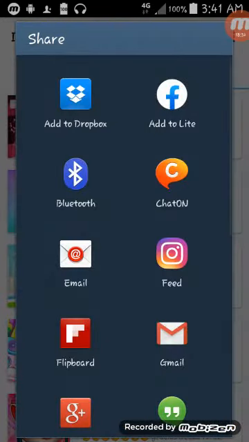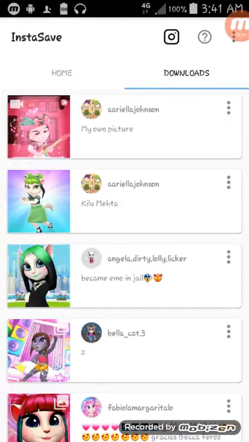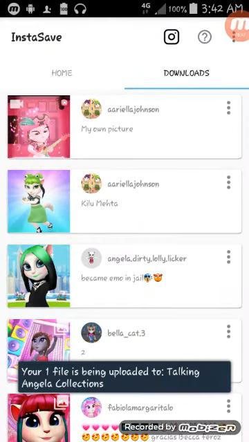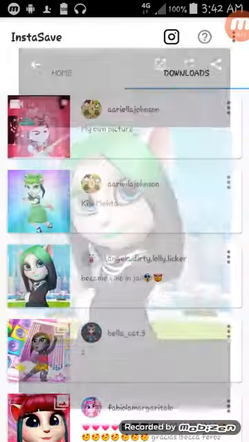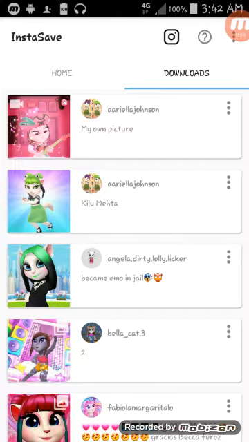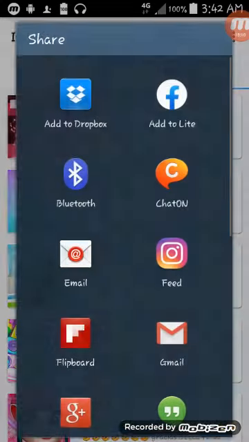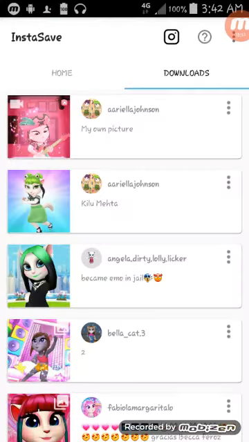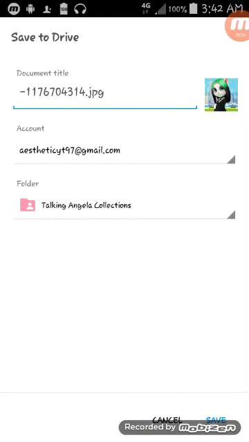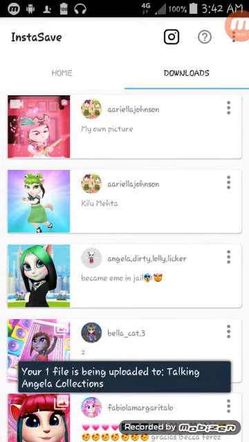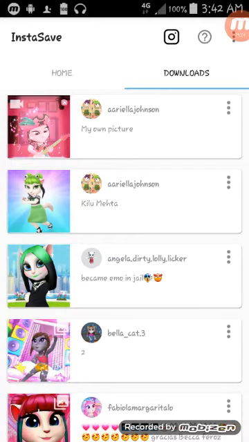Tap share, scroll down, tap save to Drive, and if you have your folder set up already, then just click save. If not, then choose the folder and then tap save. That's all there is to it. It's quite easy.